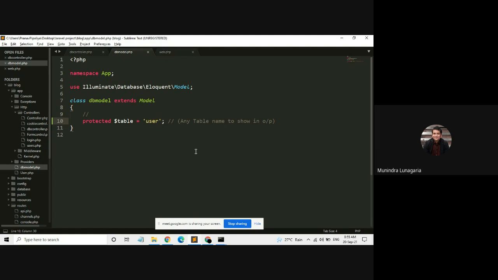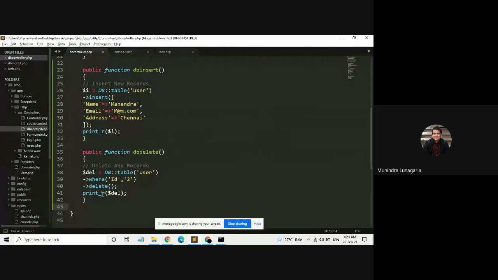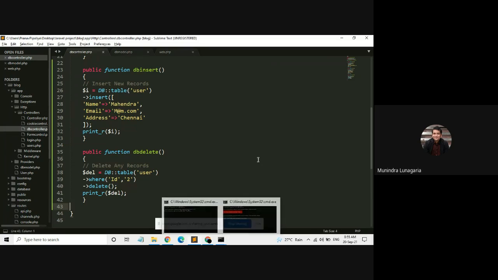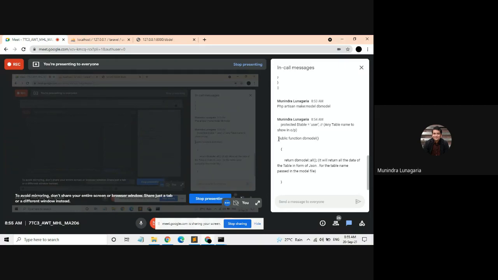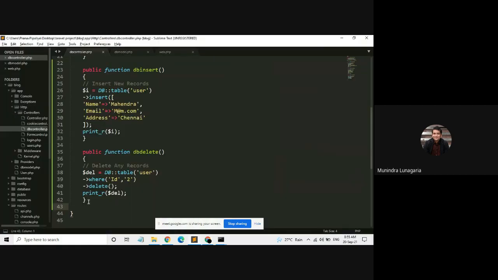Now we do have a controller, I guess. Yes or not? Yes, sir. We do have the DB controller. So kindly do one thing. Do we need to write a separate controller? Fine, it's okay. We can execute in that controller only. Let's try this. Copy and paste this and go to that controller. Public function DB model. Go to the controller and paste.